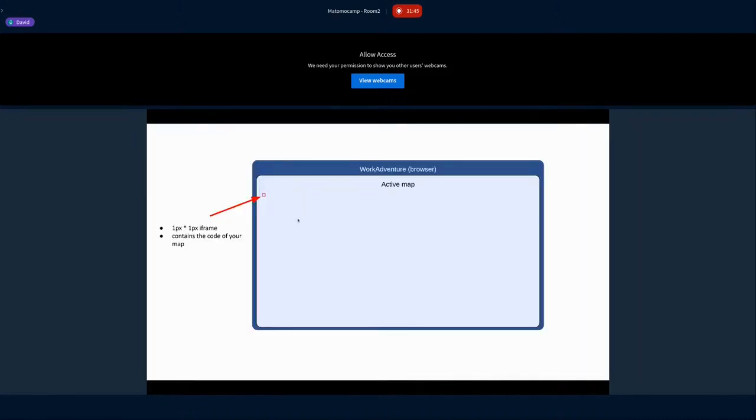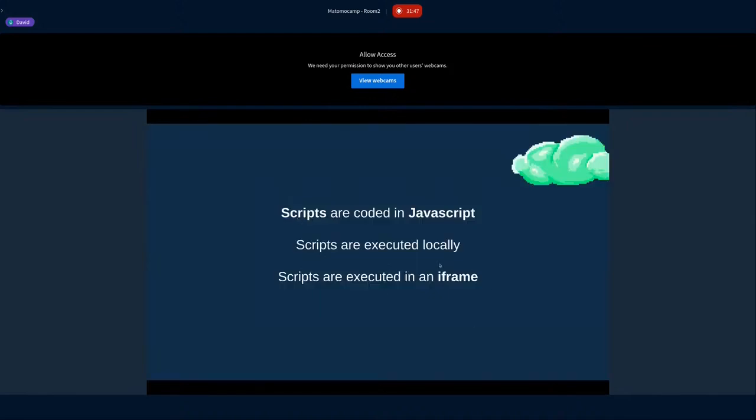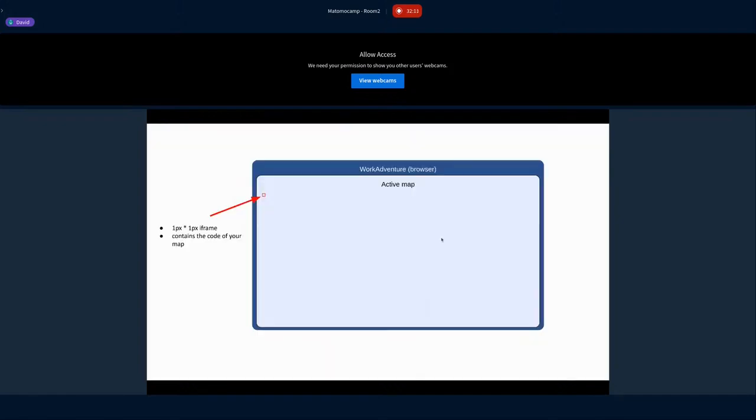So why? Well, we are executing the script in an iframe for security reasons. If someone could guide you to any map and execute some JavaScript in the WorkAdventure context, he could actually steal your credentials, stuff like that. So we have to add a security layer, and the JavaScript script we are loading is executed in a very small iframe.